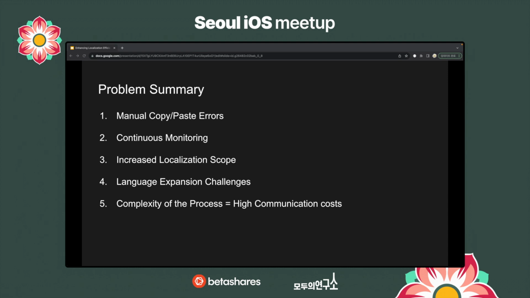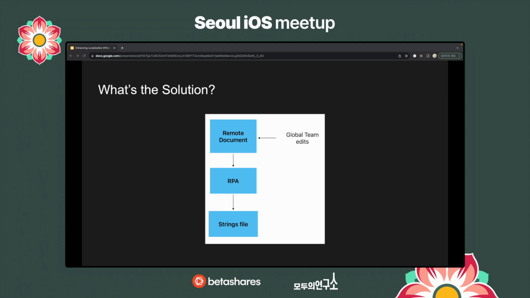Now that we have identified the problems, let's explore the solution that I came up with. To address the previously mentioned issues, I have conceptualized the structure illustrated in this diagram. To explain briefly, the remote document refers to a platform like Google Sheets accessible by multiple collaborators.